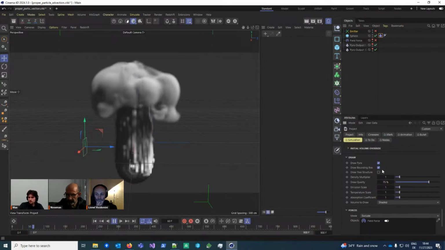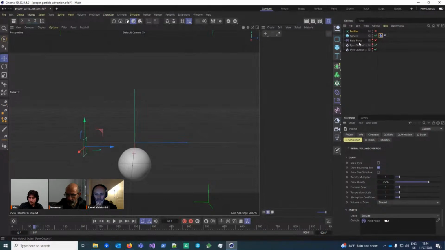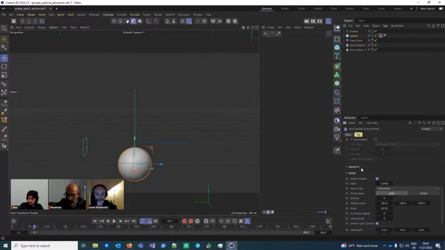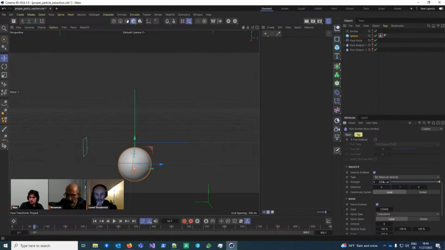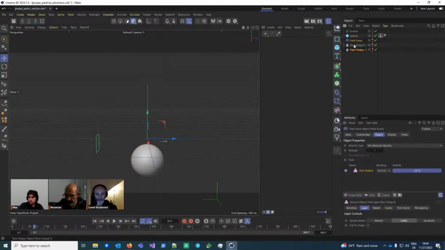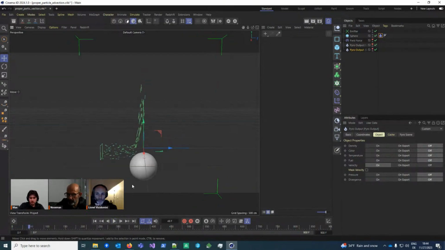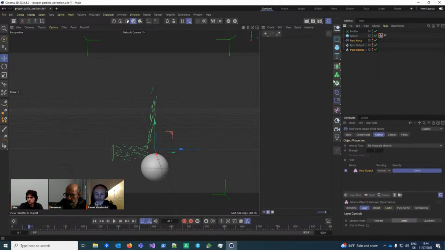And now I want to advect, for example, some particles with it. And the way to do it usually is with the field force. Let me just increase the velocity here as well. And usually if you just slap it in the scene and you have the pyro output here, you of course want the velocity channel and the velocity channel only enabled, so it can actually set the velocity correctly. And what I did differently in this setup is actually I can maybe add at least the field force from scratch.